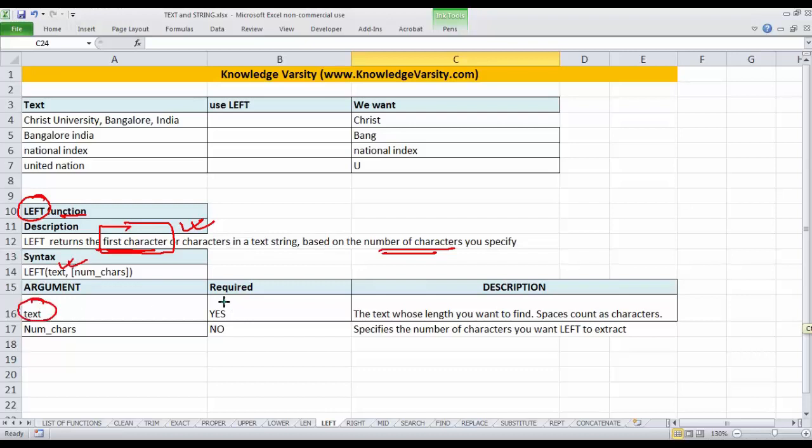The first one is text. Note that the text is a required argument, but the number of characters is not required. One thing is, you will identify how an argument is not required. See the syntax: this argument is within the square bracket. Any argument within the square bracket is not required. So please remember, within square brackets any item is not required. If you do not put the number of characters, what it will do is return the